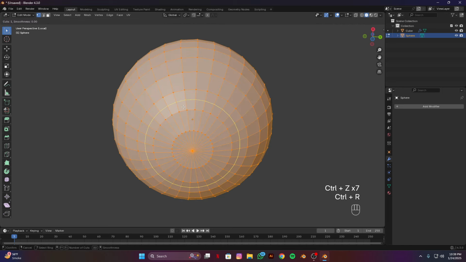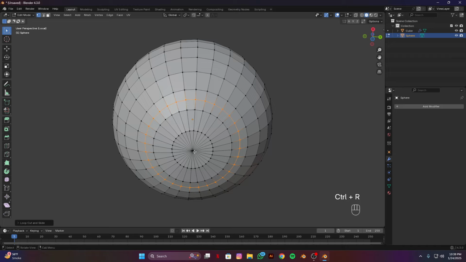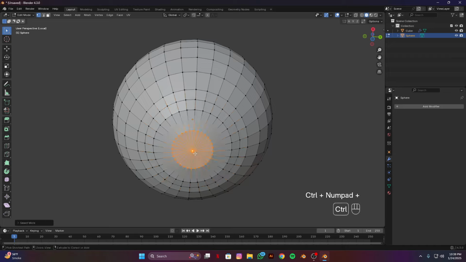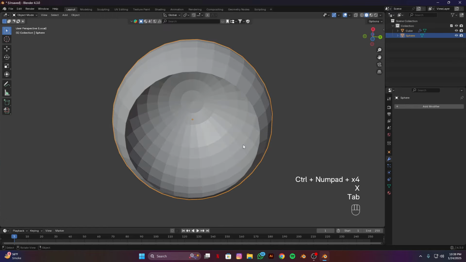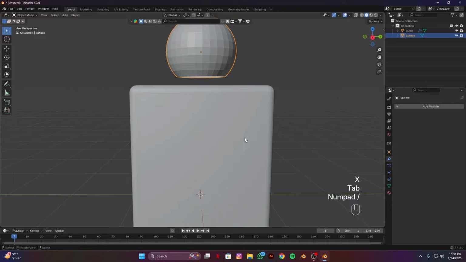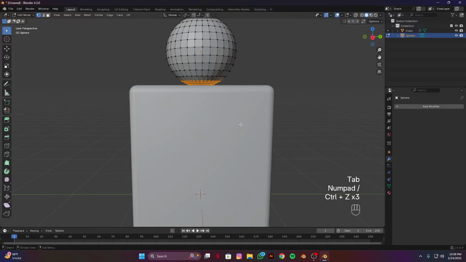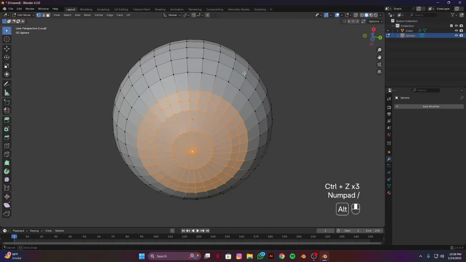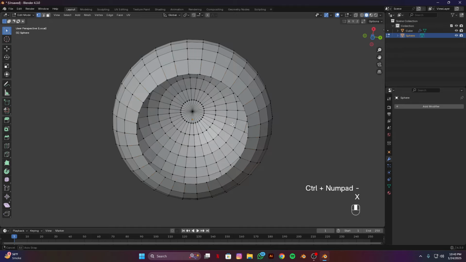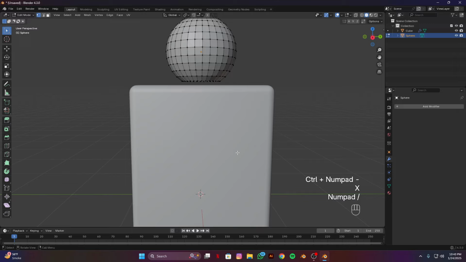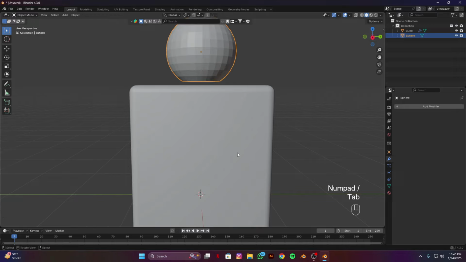Control R. I think we have to add the loop cut here. Select this mid vertex, Control plus. Yeah, I think let's delete all. Control Z. Let me see. No, it's not good. Okay, so Control minus and delete all vertices. Yeah, now it's good. Okay, since we are not going to show the inner part of the cap, we don't have